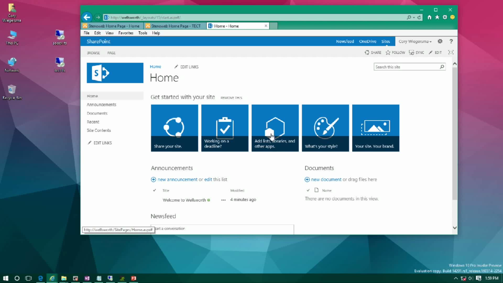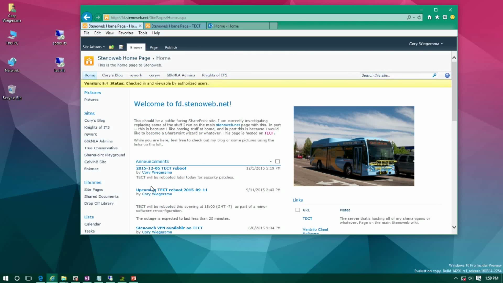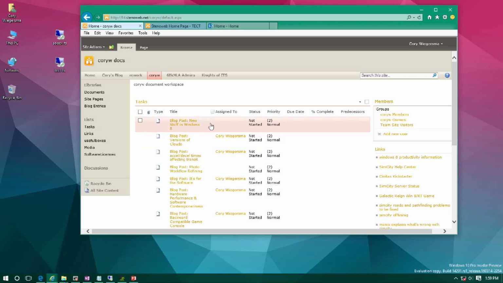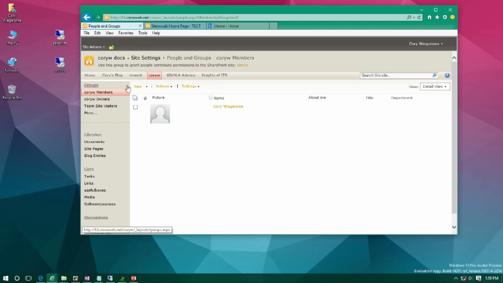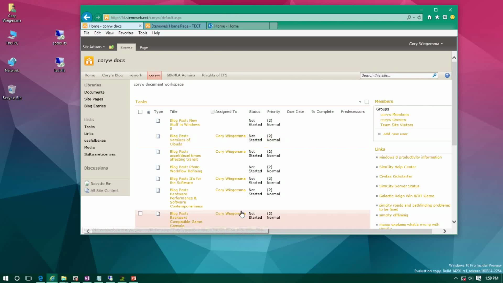Okay, one of the things I personally use SharePoint for right now is a document library. I have this site called CoreyW, and in my existing server, I'm the only one who has permissions for it. It's got a task list, and I list the members even though, literally, look, it's me. I'm the only one. I've got 2 different libraries. The first is documents, the second is blog entries, and I've got a task list, a links list, and